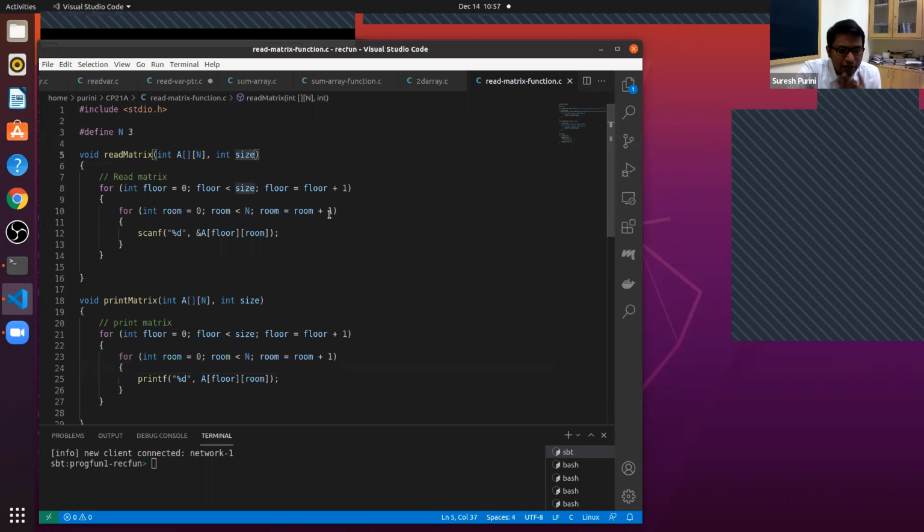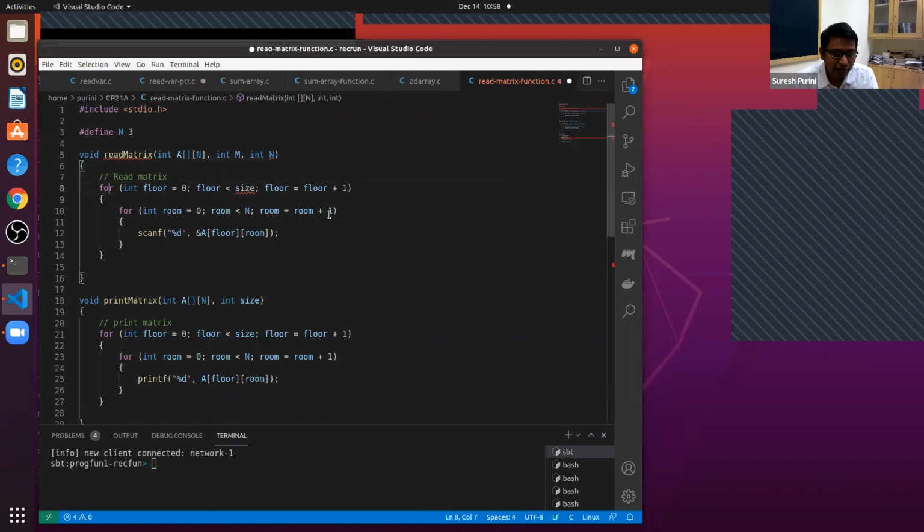Maybe a better way to read matrix. Actually, a better way to do it is this: you want to pass all the dimensions because you wouldn't know the dimensions. Okay, I will take a step back and I will fix this for you.